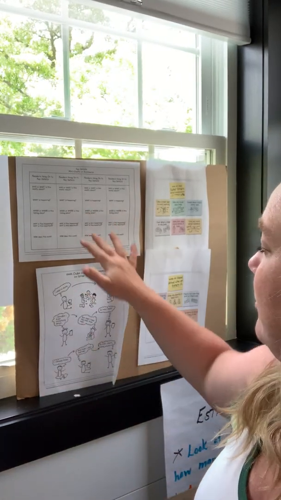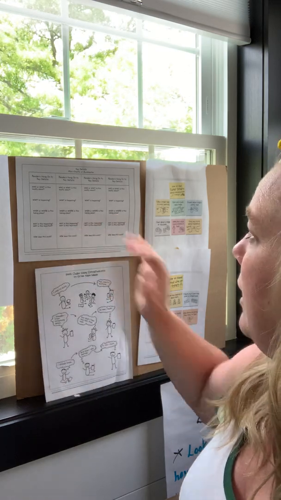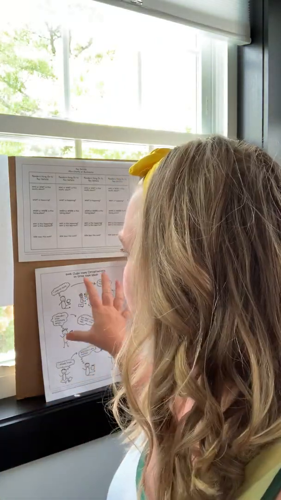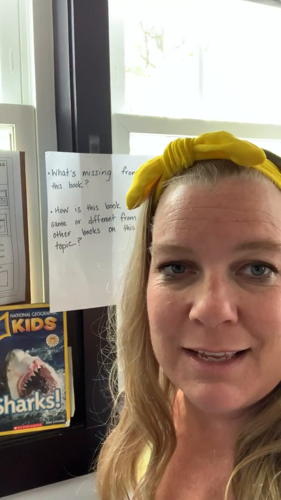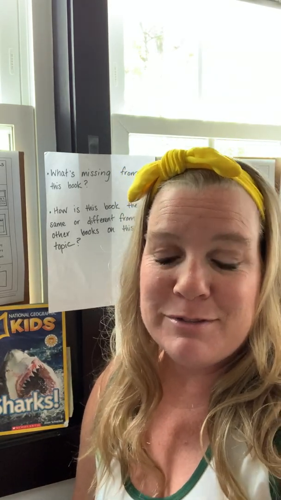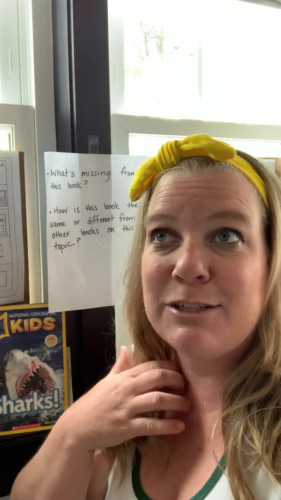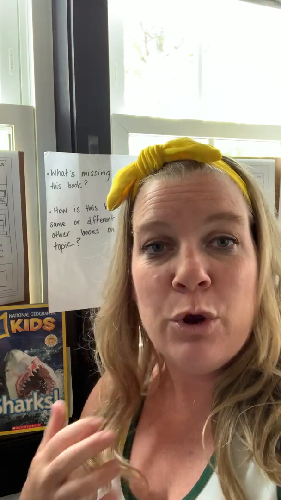I've got our anchor charts from past units over here. I've got some of the other charts that you've used throughout the unit, including the mini key detail mini chart, which helps you in any nonfiction book that you read really think about what's the main idea, the main topics that the author wants you to learn. The book club's conversation chart helped you frame your thinking last week and hopefully helped you have some great conversation about what you've been learning. Today, tomorrow, and Wednesday, the last few days of this unit, really focus on